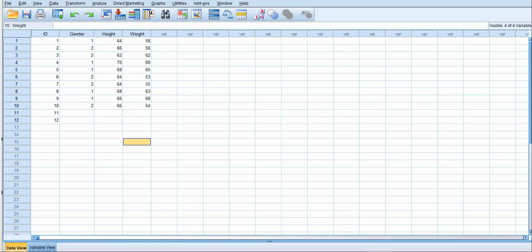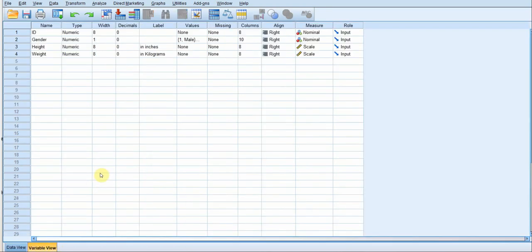So hello everyone. In today's class, we'll be looking at how to do descriptive statistics using SPSS. So this is the data set that we have for today, and this is the variable view for the data set that we have.